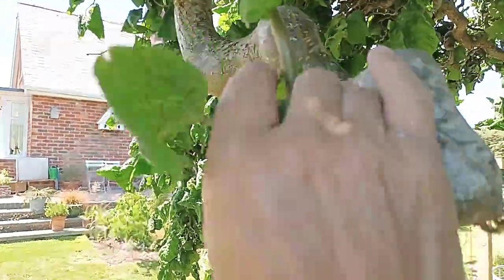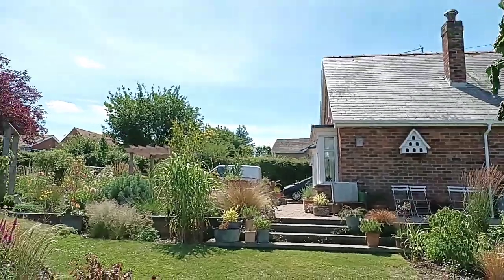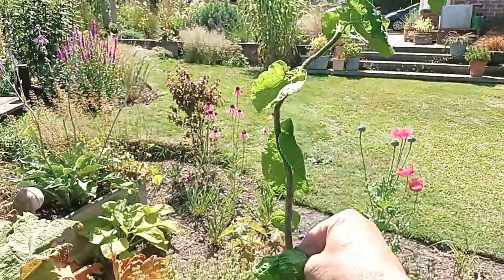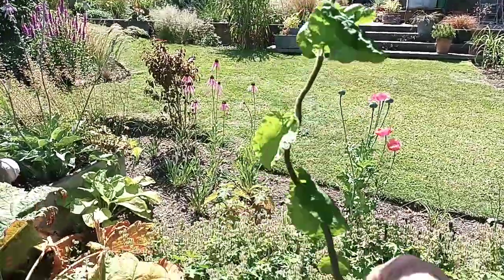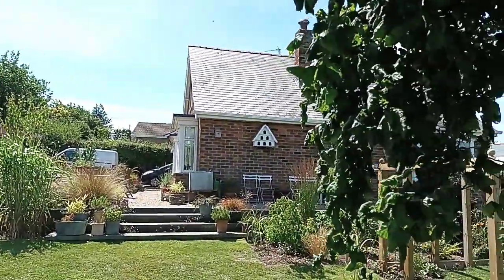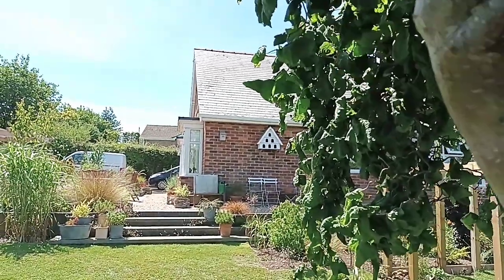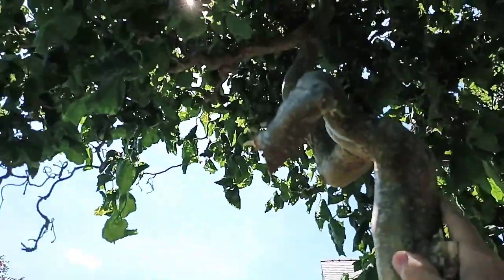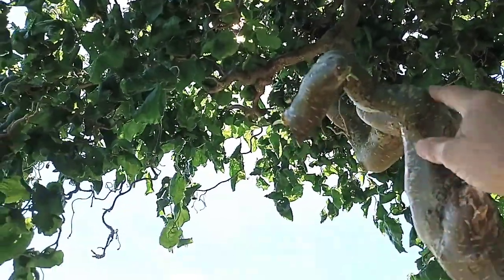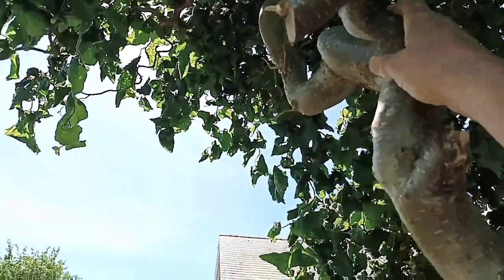There's one there that's growing off this branch, and look at the size of this one. So that's already grown that amount, which is about 1.5 foot, nearly 2 foot long, off of that knuckle. And this is one of the problems with leaving these little knuckles on. They look interesting in winter while you've done it, and that's fine. But as summer comes, that knuckle there causes a problem. Again, I shall come out with a pruning saw and I shall take that off as well,